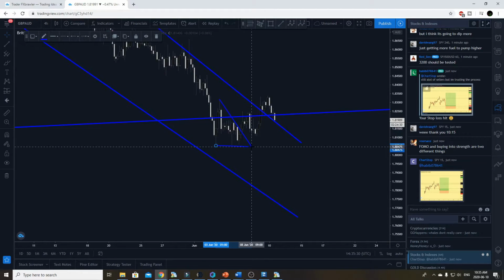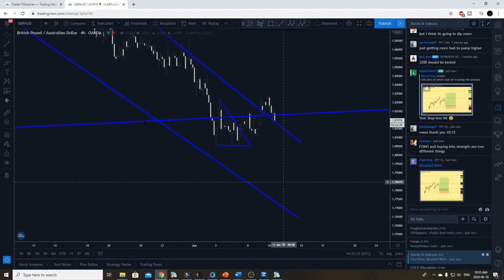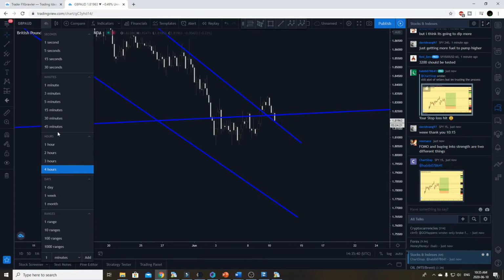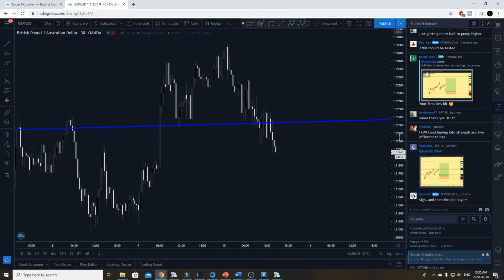This was what it looked like in the beginning, but then that evolved as I analyzed smaller time frames. So let me show you. I then went on the 30-minute time frame,